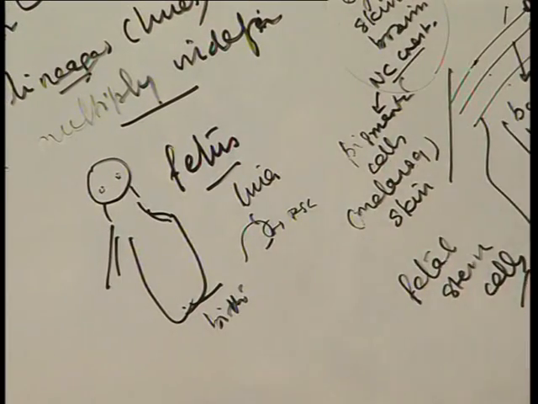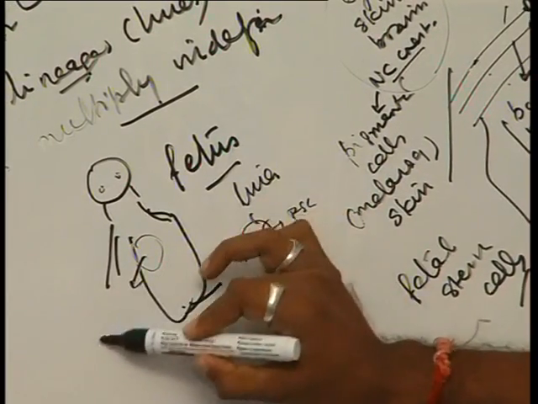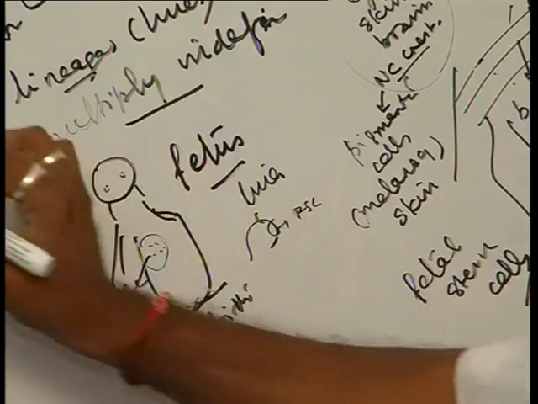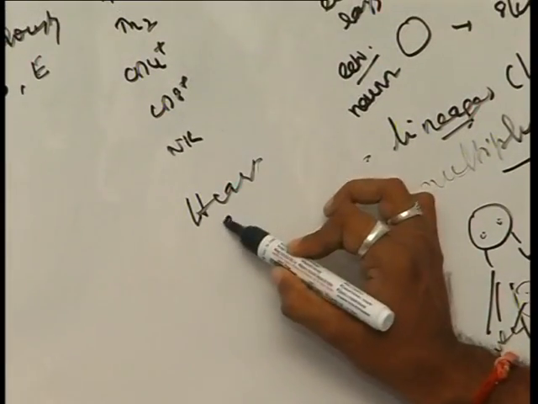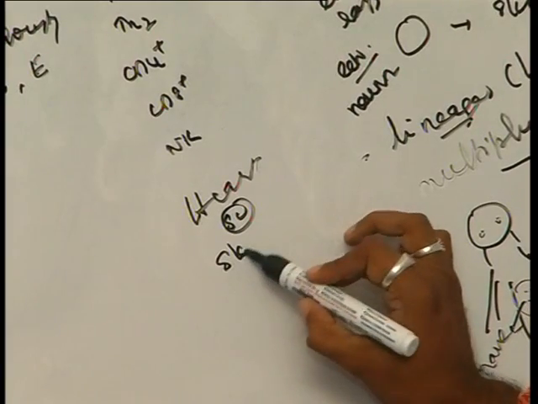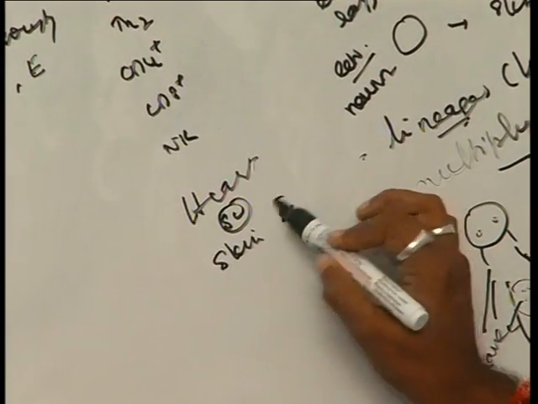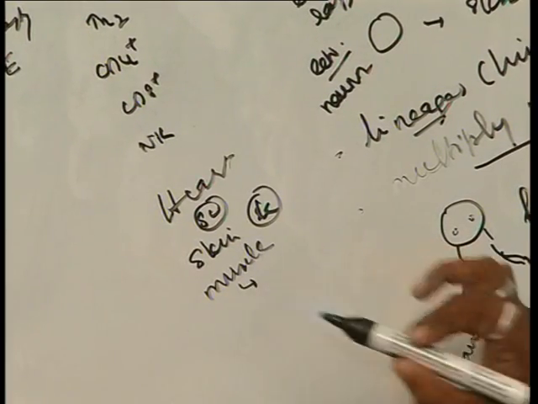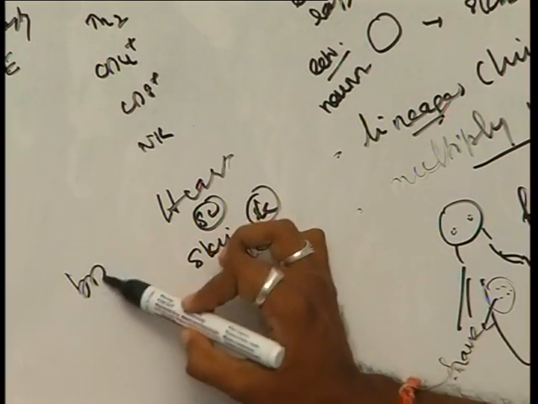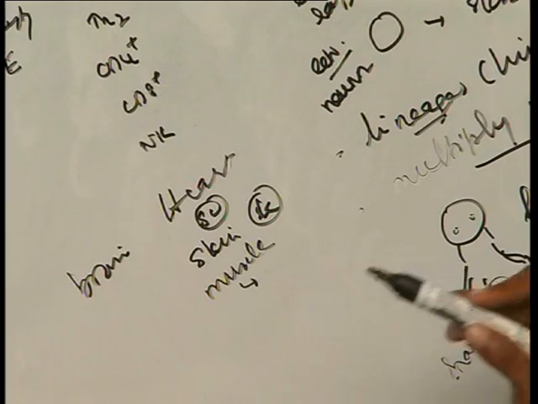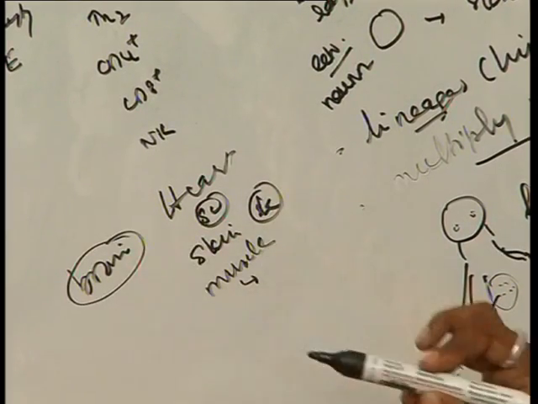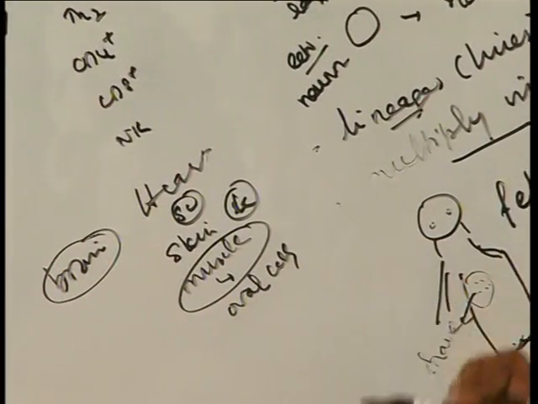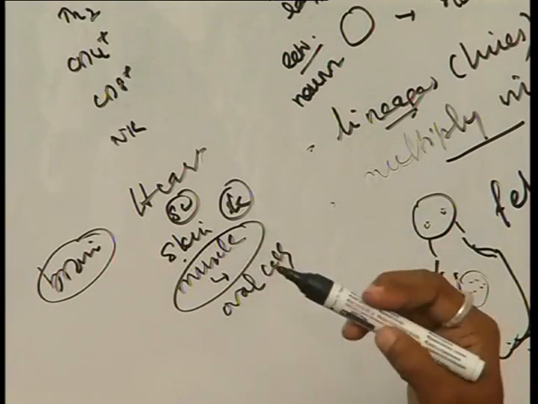Now in this process, every organ also has certain stem cells present inside. For example, you have a heart, you have heart stem cells. You have skin stem cells, or keratinocyte forming stem cells. And you have muscle forming stem cells, and of course the brain, and you have brain forming stem cells. Each has its own name, like ependymal stem cells as far as brain is concerned. Muscle, they are called oval cells. Skin stem cells, heart stem cells, like that.